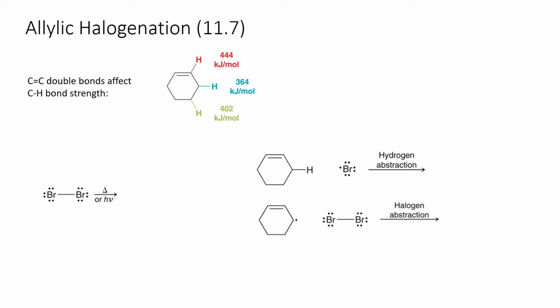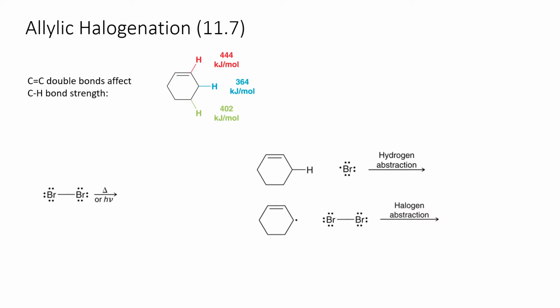So now let's discuss allylic halogenation. Remember, we have the carbon-carbon double bond effect as well as the carbon-hydrogen bond strength. So when we're looking at the allylic radical, remember, the higher the bond dissociation energy, that means the less stable this molecule. So when we're talking about the allylic here,